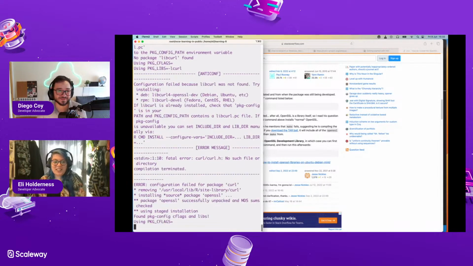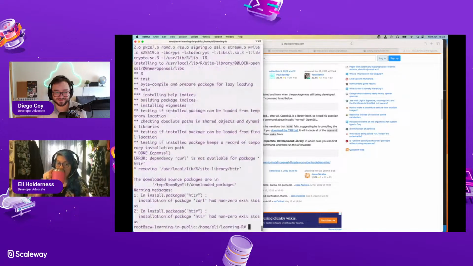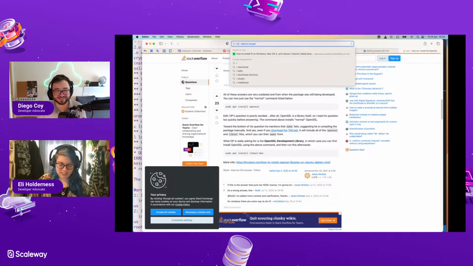Yeah, listen, it's out of date. It's fine. I'm all right with it. Well, dependency curl. Okay, so I just don't have curl. How do I not have curl on this machine? Except I do because I just used it. Exactly. It says it doesn't have curl.